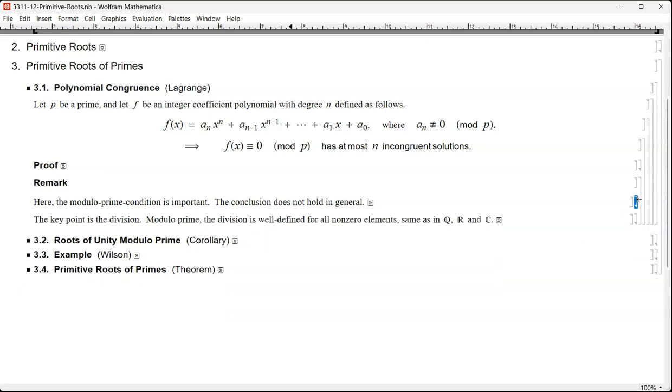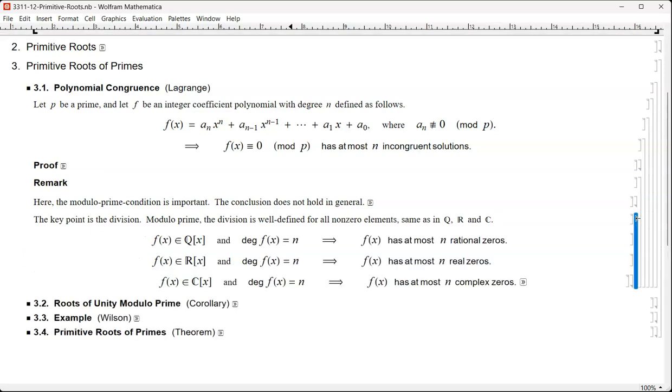So why does it fail if we drop the mod p condition? And why does it work for prime? Well, the key point is division. That's my second remark. Modulo prime, the division is well defined for all non-zero elements, same as in Q, R, and C. Not coincidentally, therefore, we have these kinds of corresponding results for